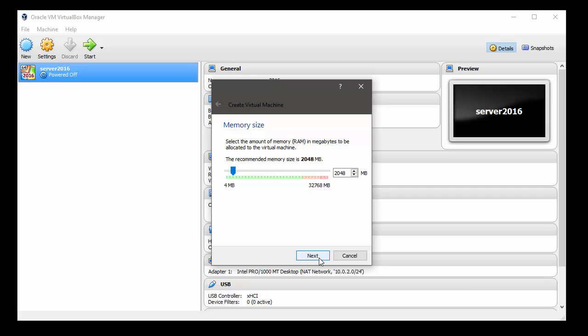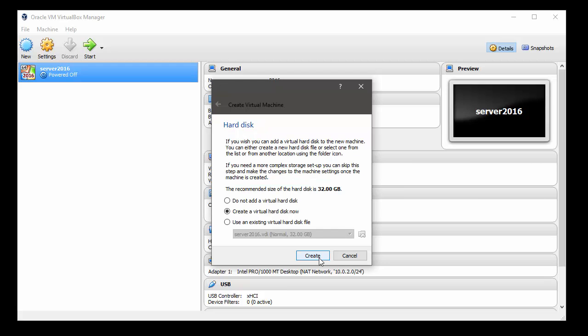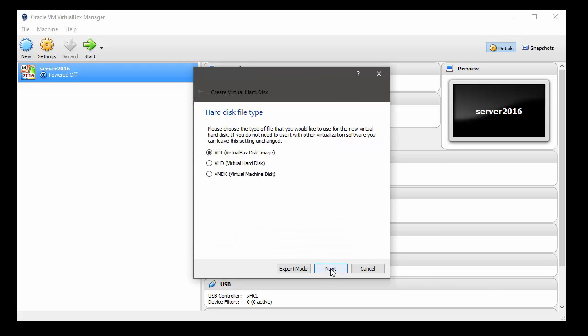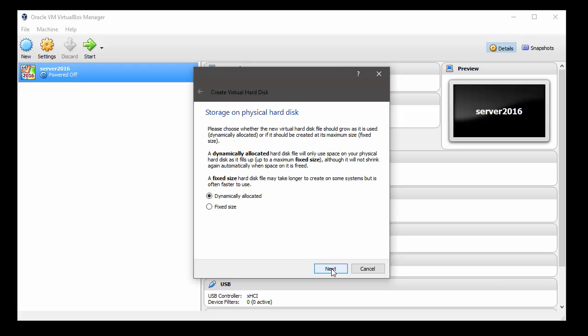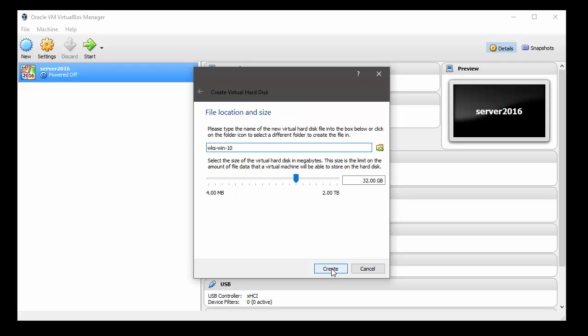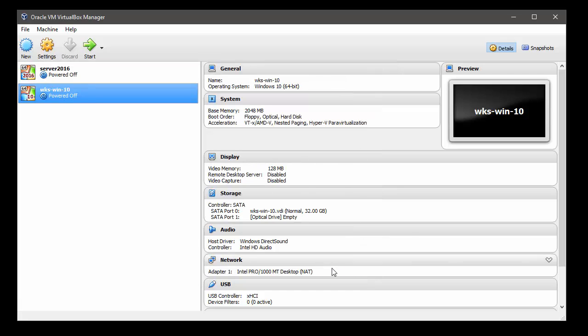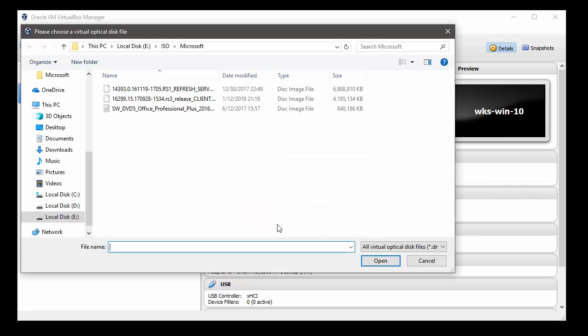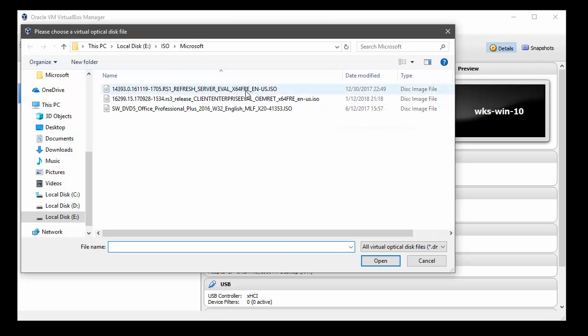We're going to take the default 2 gig of memory, which is a little low, but for a VM that's okay. We're going to create a virtual hard disk with 32 gig, and a virtual disk image is the proper format. We're going to dynamically allocate this so that we don't have a 32 gig file created right away. It will grow as the disk fills up. So we're going to insert the ISO that we just downloaded from Microsoft. We'll select that, click open,